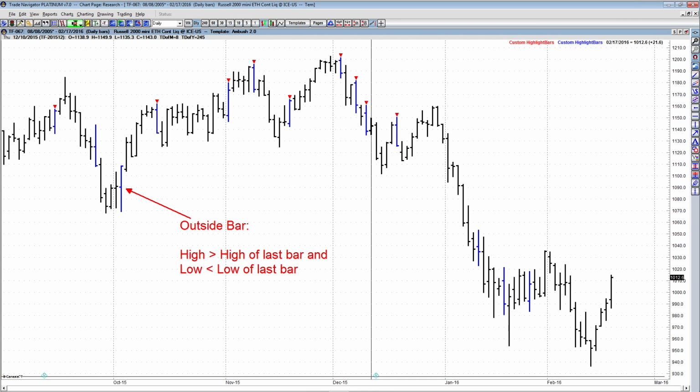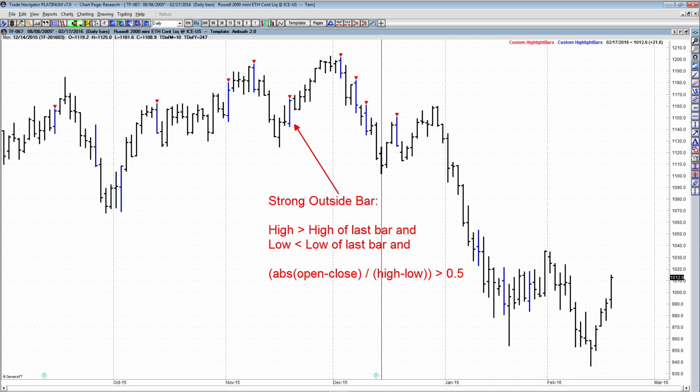An outside bar simply is a price bar where the high of the bar is higher than the high of the previous bar and the low of the price bar is lower than the low of the previous bar. In other words, the range of the bar totally engulfs the range of the previous bar. On this chart, I've marked all outside bars with blue bars, so each price bar that's blue is an outside